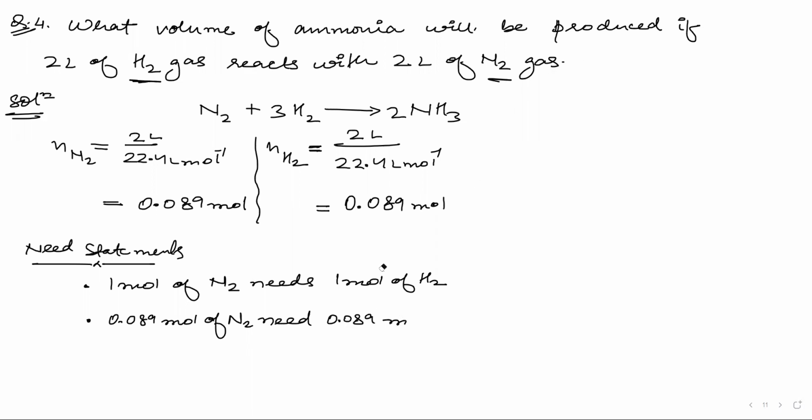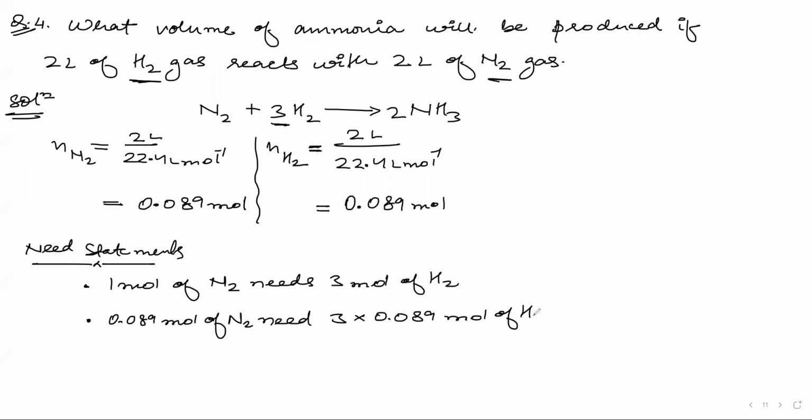Sorry, even the first statement is not right. 1 mole of N2 needs 3 moles of H2 because it is 3 here. I missed that. So 0.089 mole of N2 will require 3 into 0.089